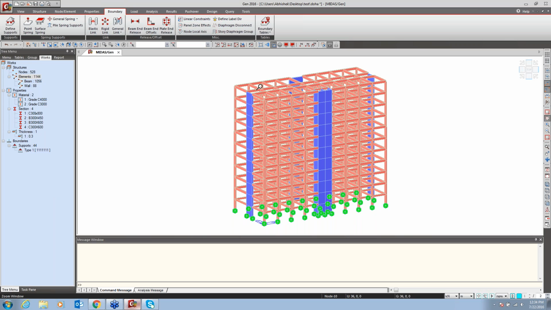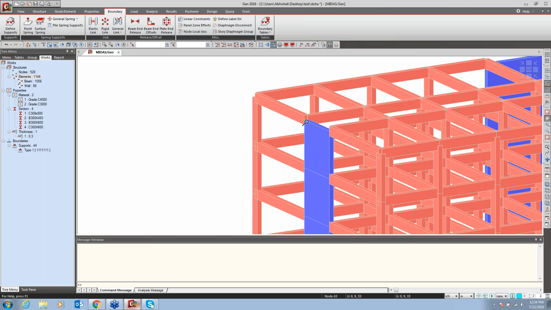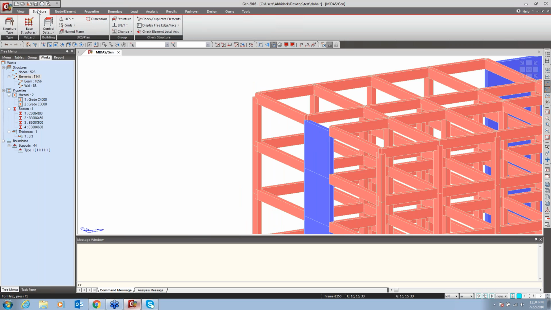The second thing is, come to this option. Now you can see everything is from center to center actually. If you see the beams also, the entire thing is set from the center, but generally we require the beam to be flush from the top. So what we can do is go to the structure, say structure type,